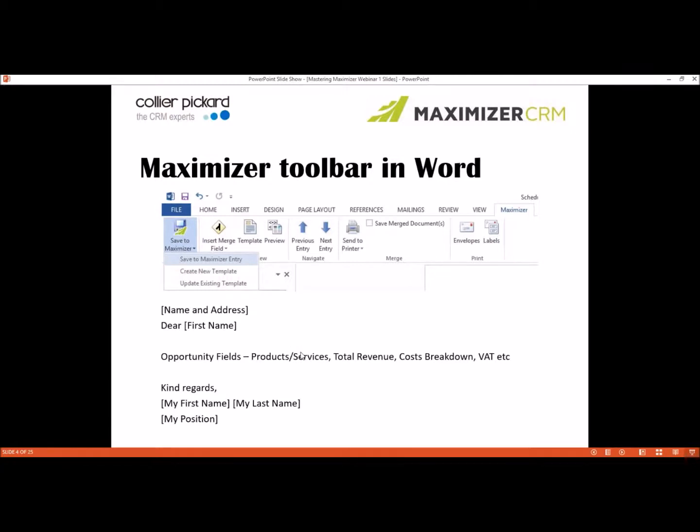If you're merging to an opportunity, you can merge in any of the opportunity fields, such as the products, the total revenue, if you've got some fields for the breakdown of costs, and you can also use formula fields to calculate the cost with VAT on top. And later on I'll be showing you how one of our customers is using formula fields to calculate 3 payment amounts on different dates. You can also merge to a list of entries, contacts, opportunities or customer service cases, and